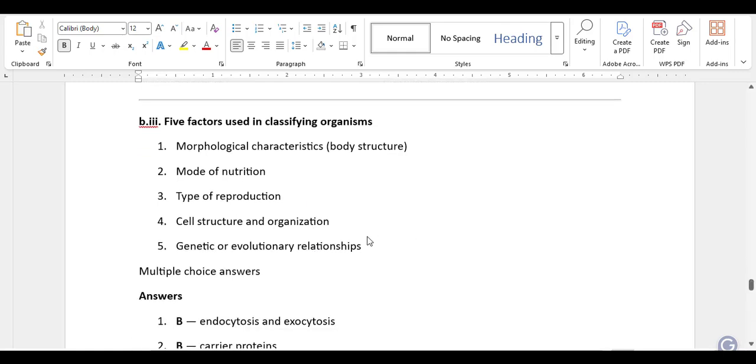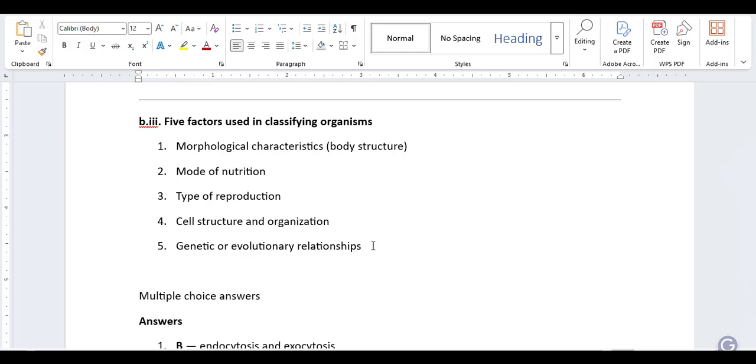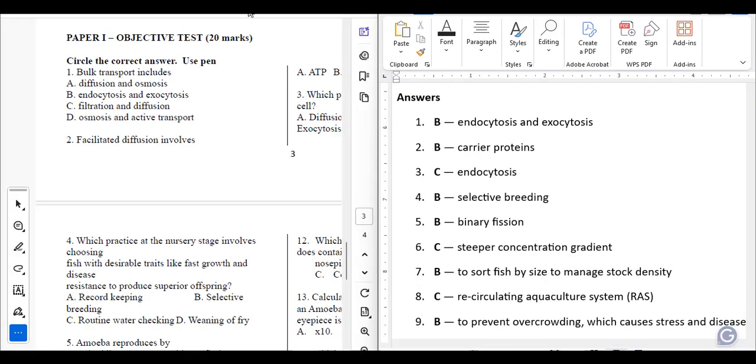Alright, so this is the end of the subjective part of the test. So we now look at the multiple choice. So we just put the scheme and then the question, just juxtapose them so that it will be easier for us to refer to the answers. So the first one,